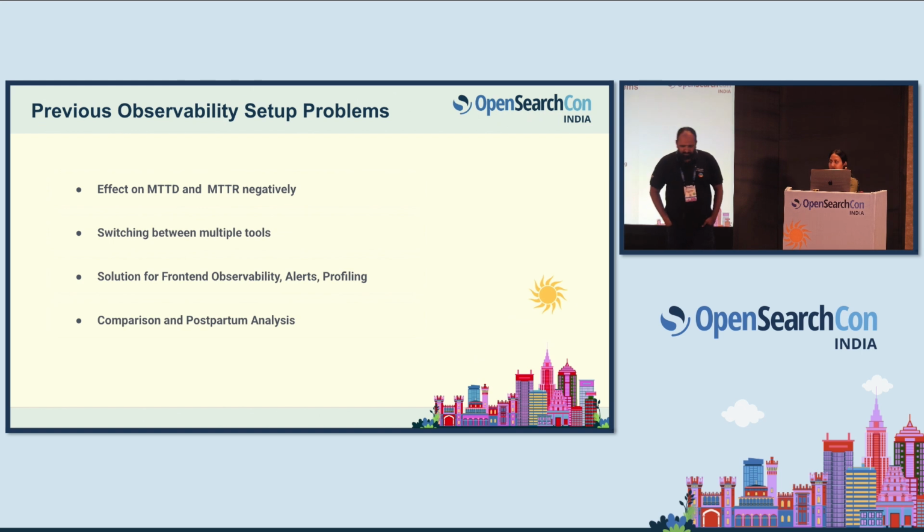The major problem was that when an alert is triggered, the developer first opens logs in one platform, metrics in another platform, and traces in a third platform. It was very difficult for developers to correlate between all of this. Then came the point that we should have one platform to do this. We were searching for multiple solutions. Then came the straightforward realization: we did not have any.